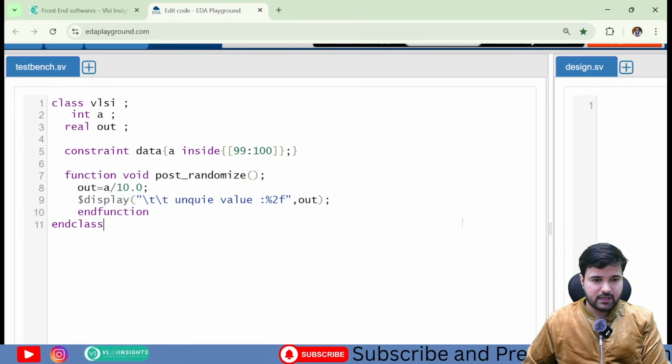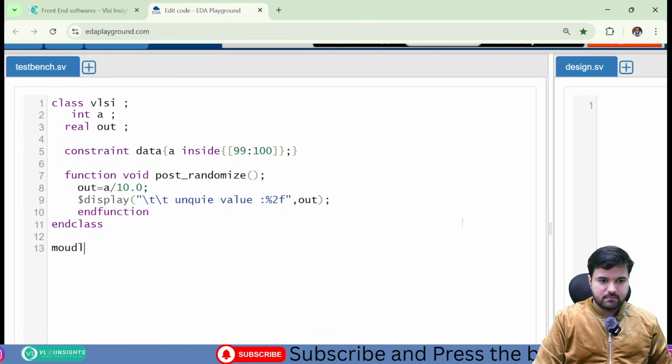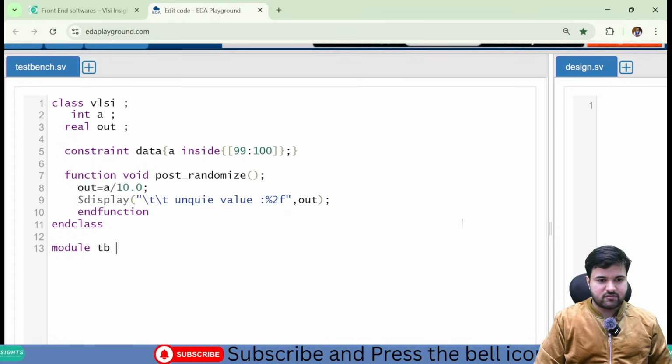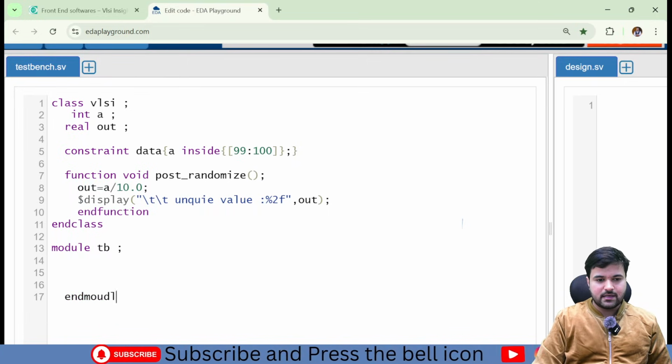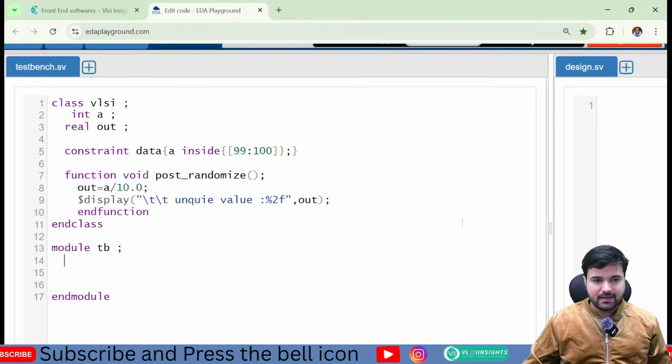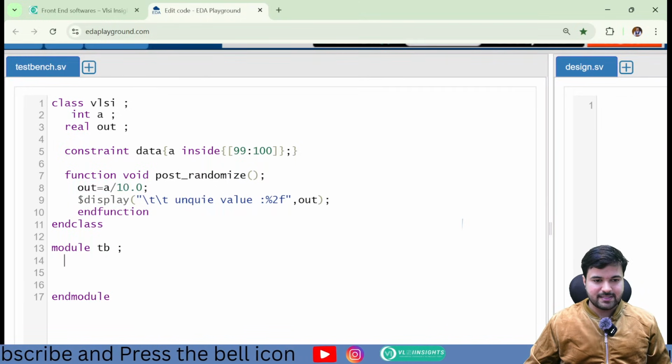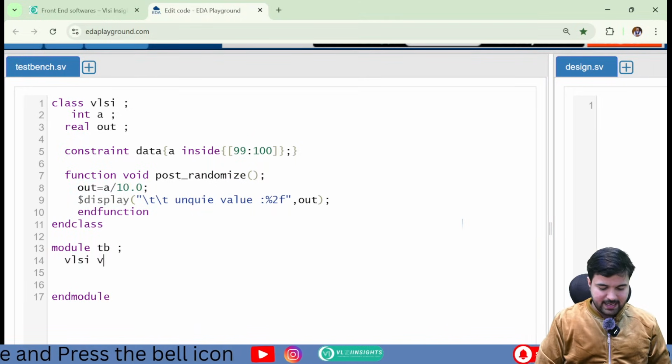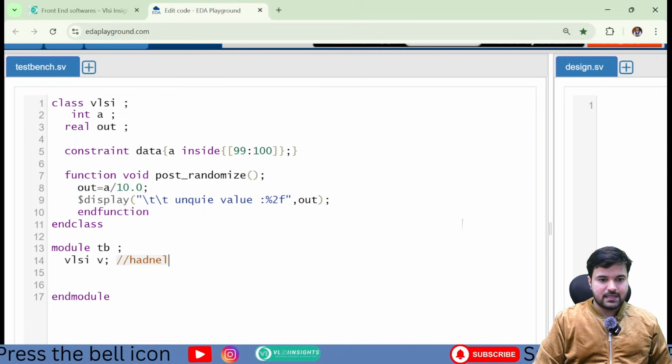All we need to do is go out of the block and write a test file. A test file is basically a module testbench. For that, the main basic thing is that you have to create a handle. So basically this is a handle creation.